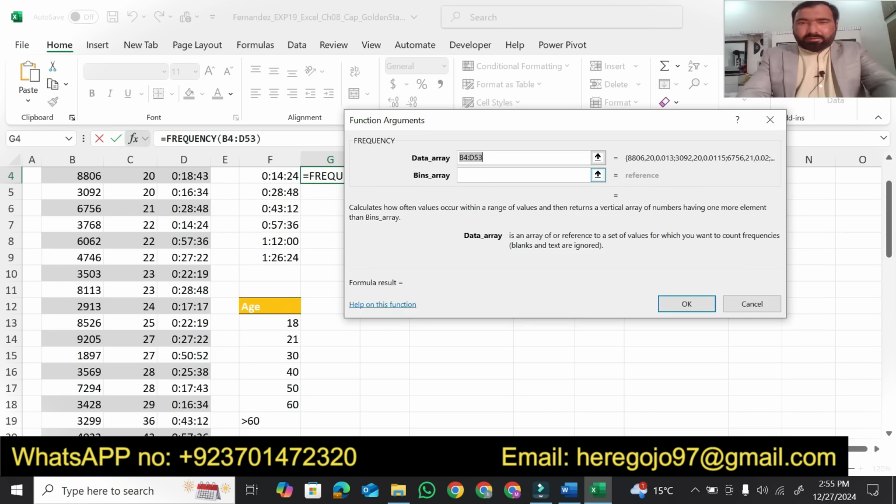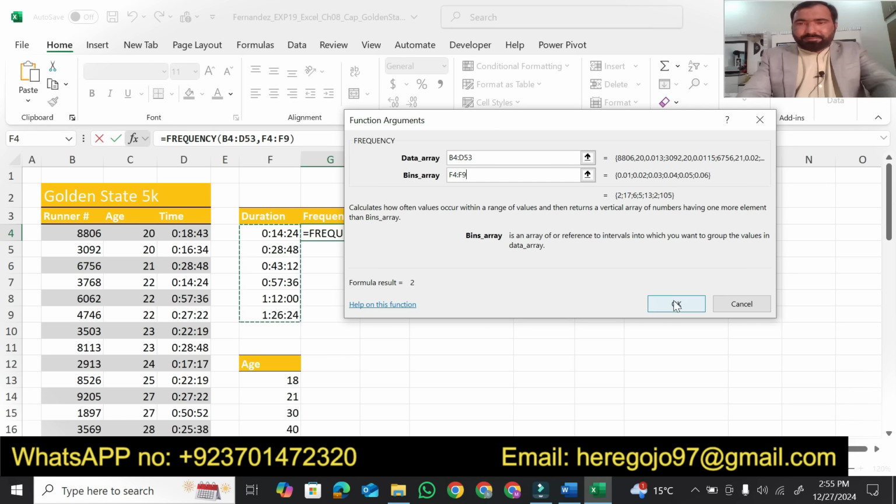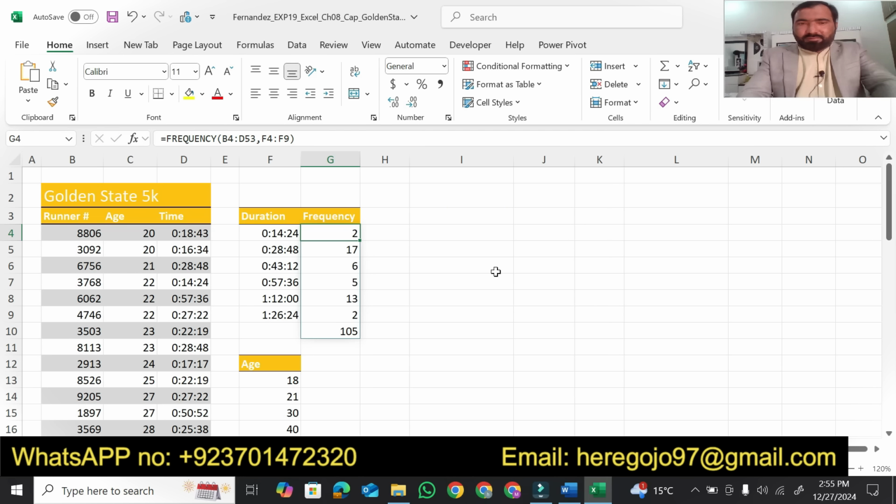Open this, and there is the bin array. The bin array is this one that we already have. Now press OK. As you may see, this is done.